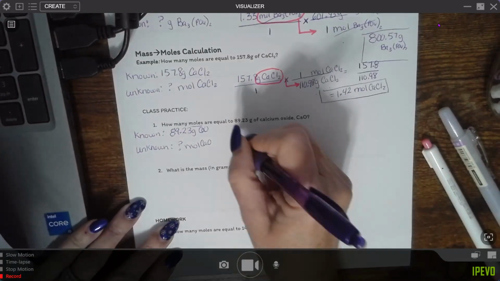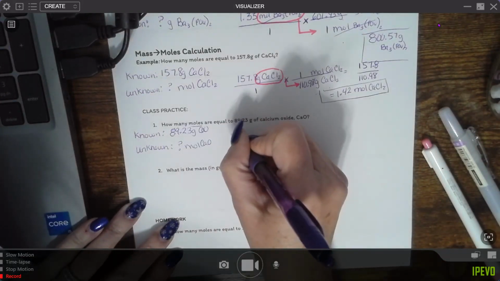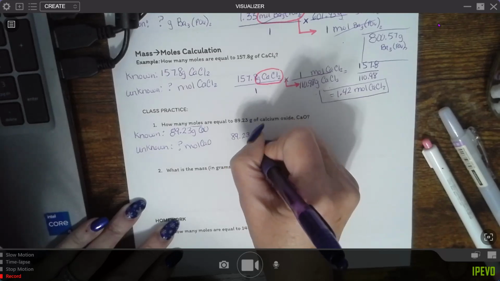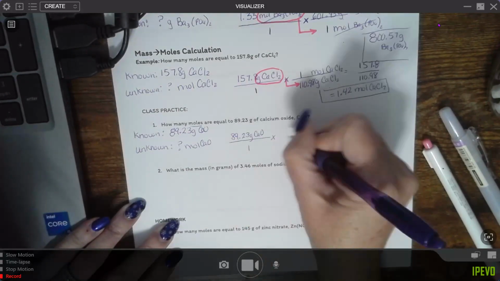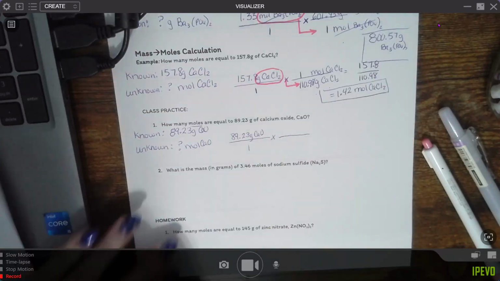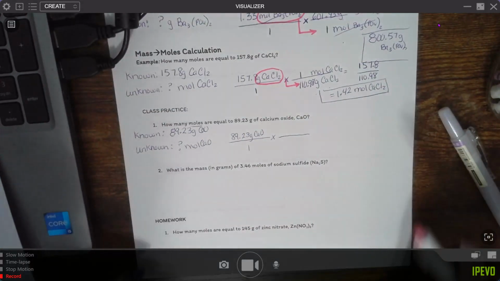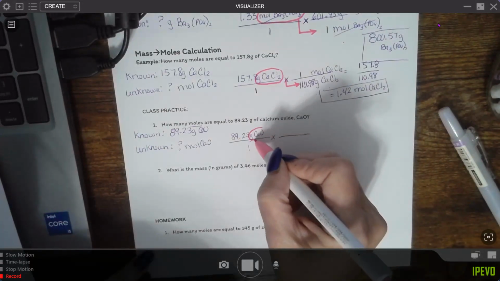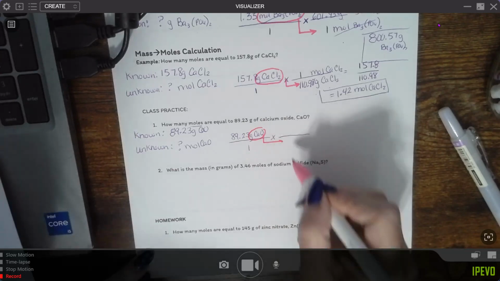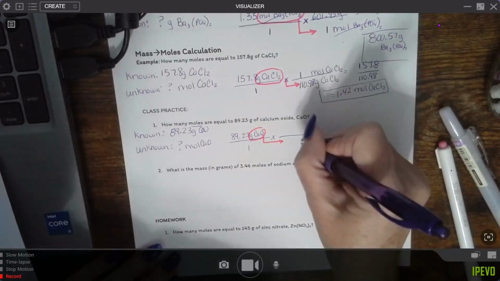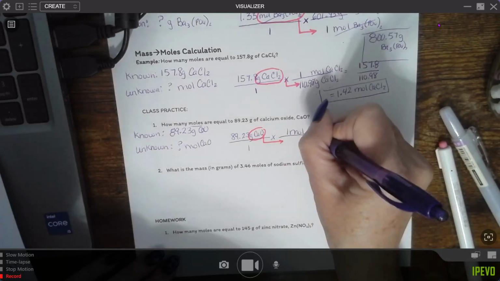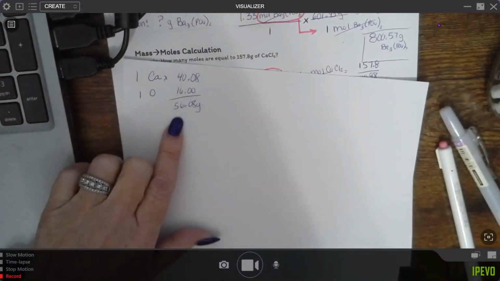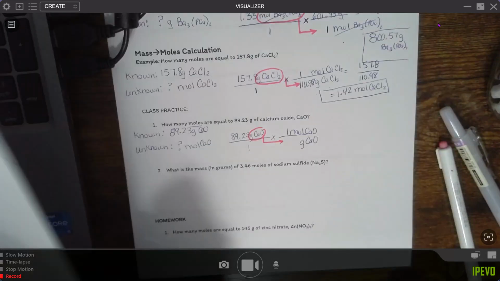All right, so let's see. We're going to start with what we know. 89.23 grams calcium oxide, always over 1. Now we have to decide, do the grams go on the top or on the bottom? Well, if you remember down in diagonal, what that tells us is that grams of calcium oxide is going to go on the bottom, and 1 mole is going to go on the top. And we calculated that molar mass to be 56.08, so that's going to go in here where the grams are,